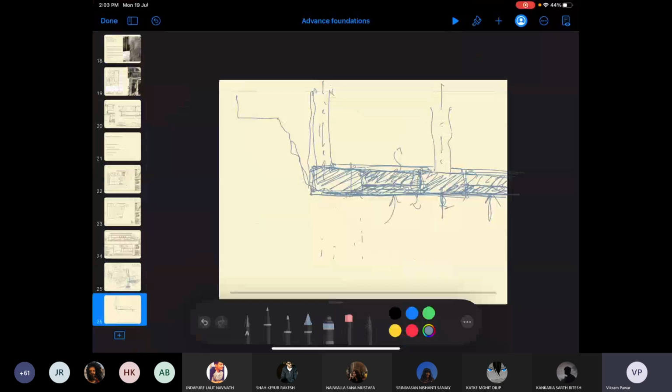So, I was asking that your main profile is this. Okay. This is your main profile. But in between you will have these plinth beams connecting one pile pad footing to the other or pile cap to another.